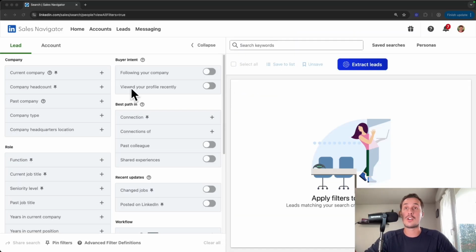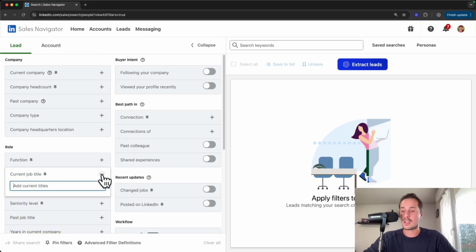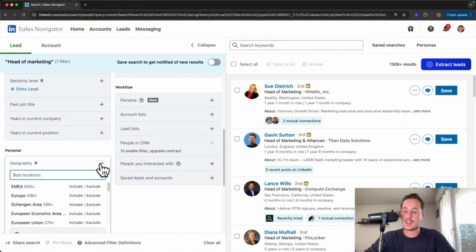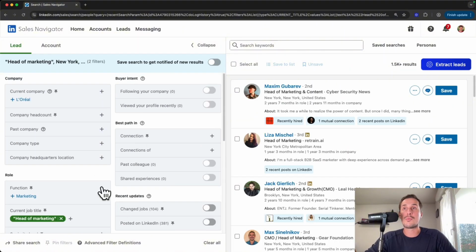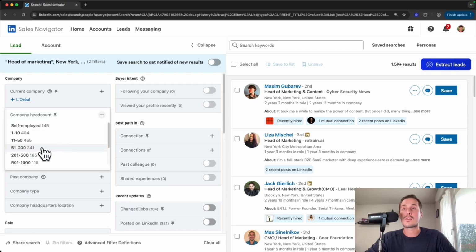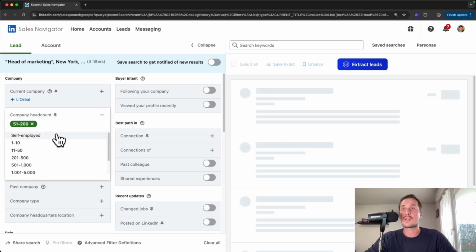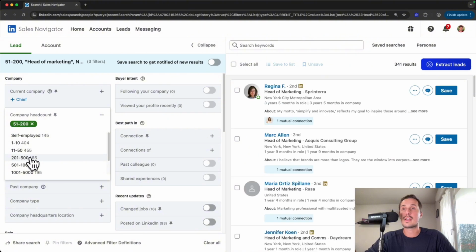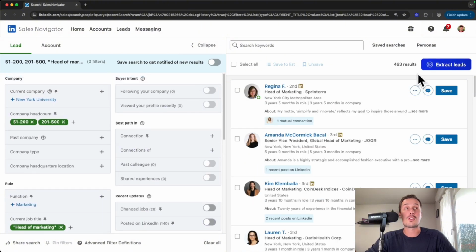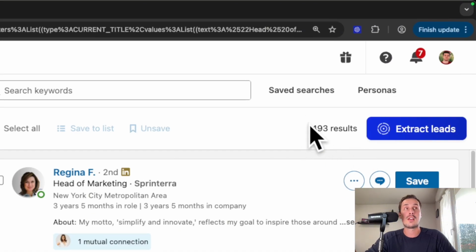So I'm currently on LinkedIn Sales Navigator, and here on the left part of my screen, I can use some filters to find my leads. So let's say that I want to target head of marketing. Geography, I want to target people based in New York. And let's add one more filter, company headcount. I want between 51 to 200 people and 200 to 500. So with this search, you can see that I have almost 500 results, which is perfect if I want to